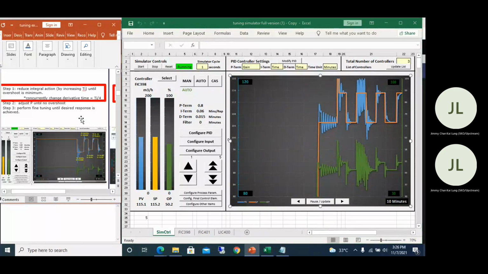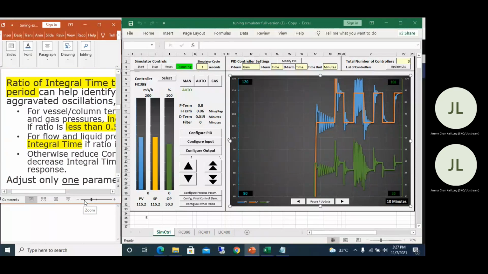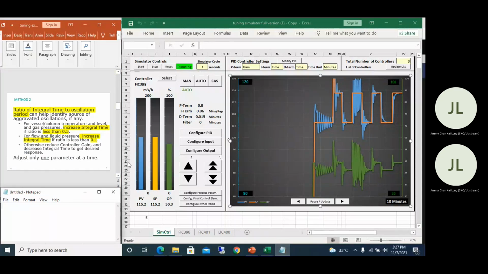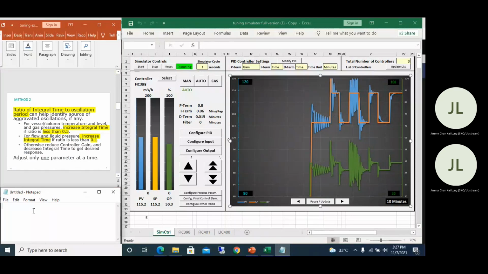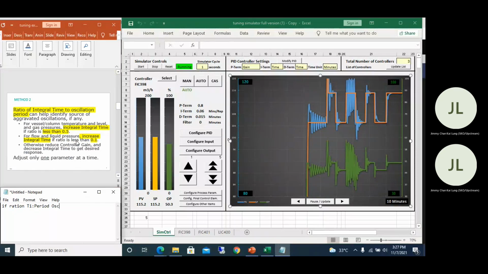So another method for us to reduce the oscillation is by looking at the ratio of the integral time to the oscillation period. Say, for example, if that control loop is for flow or liquid pressure: if the ratio of the integral time to the period of oscillation is less than 0.1,